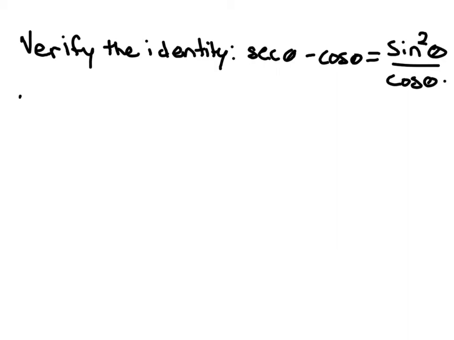We should start by writing just one side of this equation. The rule of thumb is to start by writing the more complicated side. There's maybe not a clear, more complicated side in this problem, but I'm going to start from the left-hand side. So I'm going to start by writing down just the left-hand side, secant theta minus